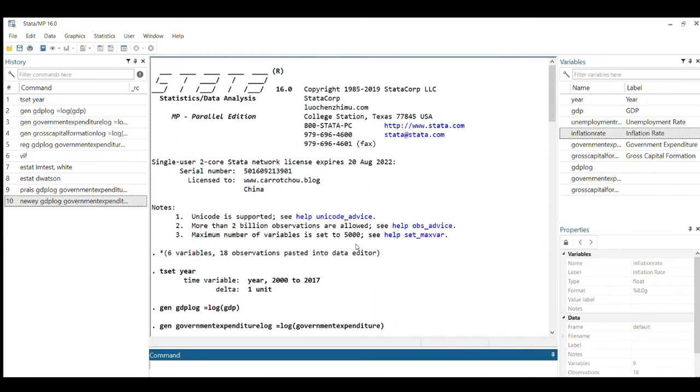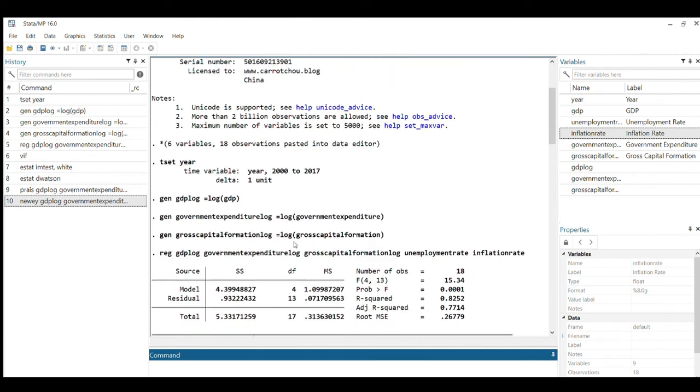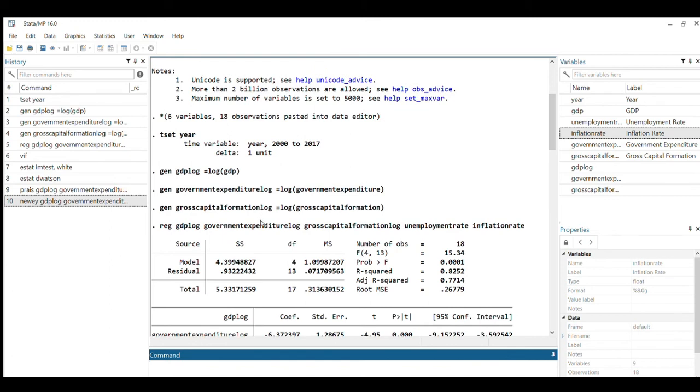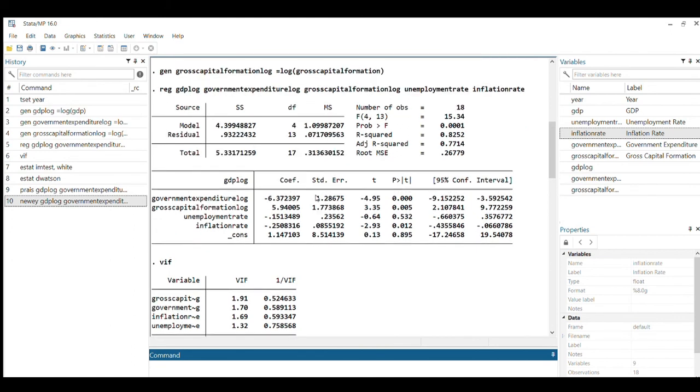So now let's have a recap of what we did. First, since our data is a time series, we need to identify in the data that it is a time series. After that, we transform the variables we input on the data editor from our dataset to logarithmic form, except for those that already have a rate, because it would be redundant to transform them to log. Then second, we run the OLS. We regress our data. The purpose of this is to check for potential issues against the Gauss-Markov assumptions.